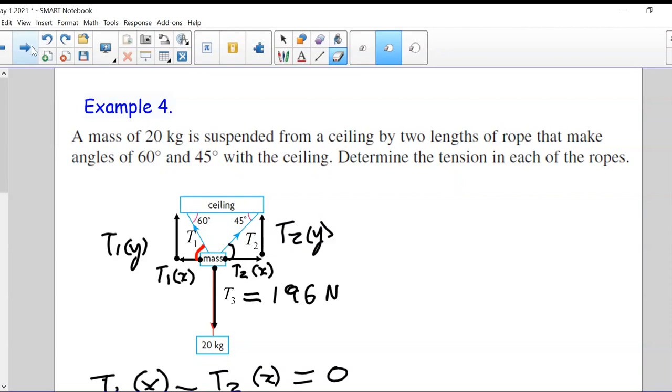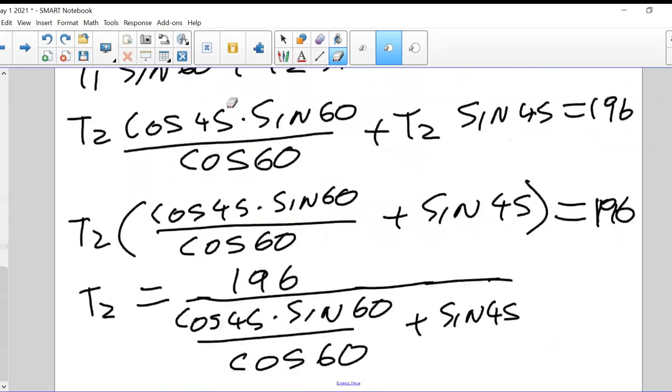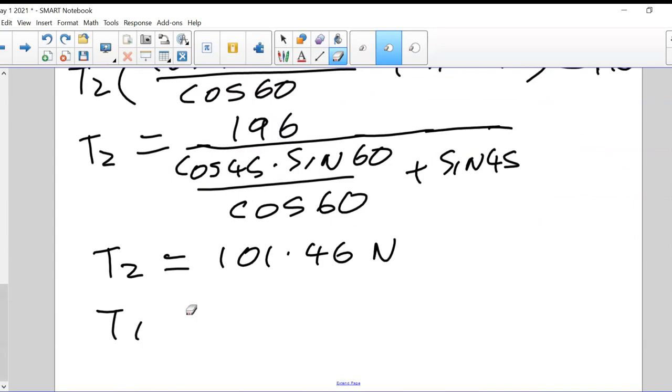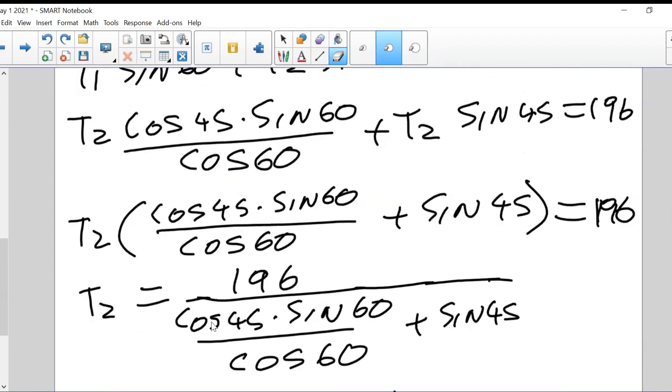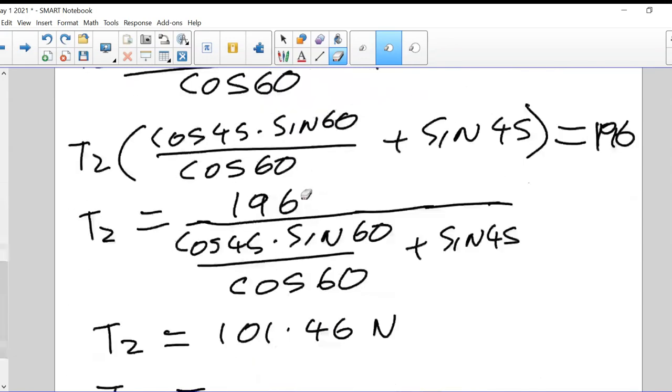And Richard, you were right. We did multiply by the sine of 60. We left that out. 101.46. Great. So that means that T2, and that's newtons as well. And by the way, to get our T1, we can just simply come back up here and say that T1 is equal to the T2, which is the 101.46,